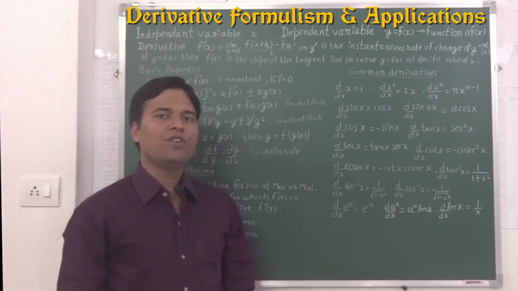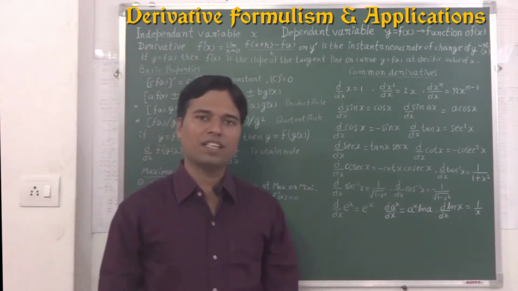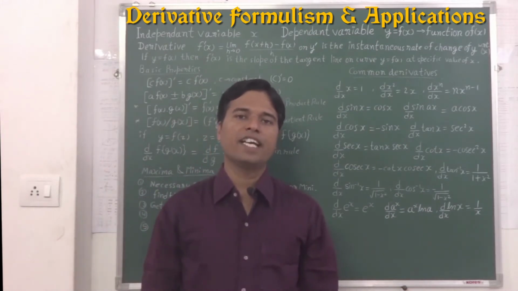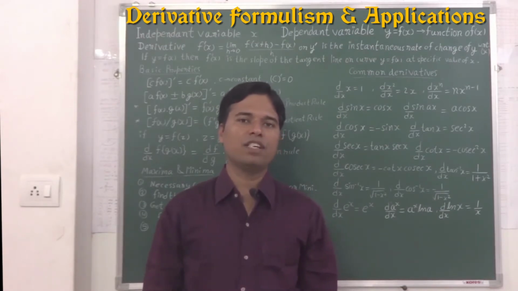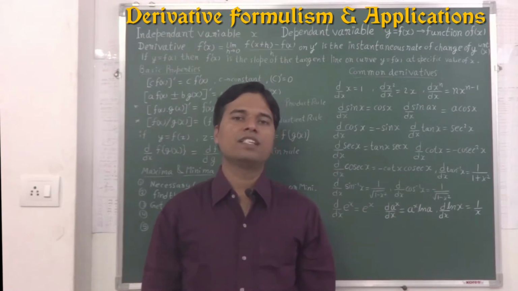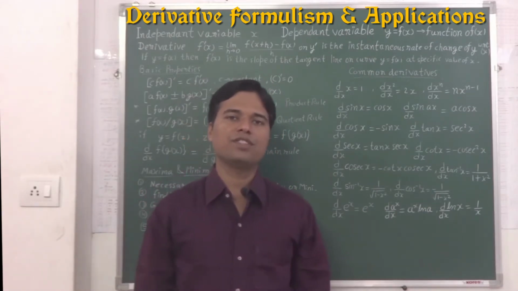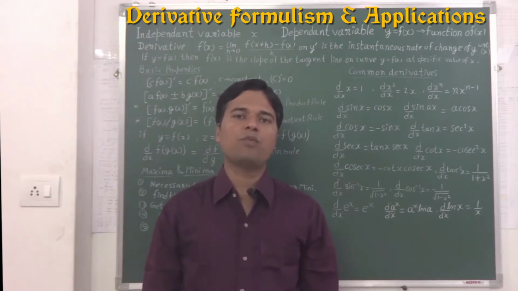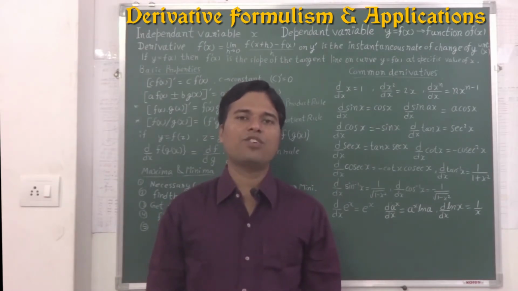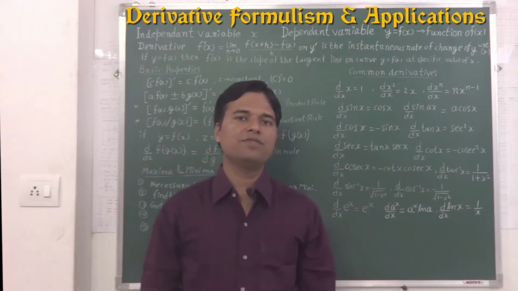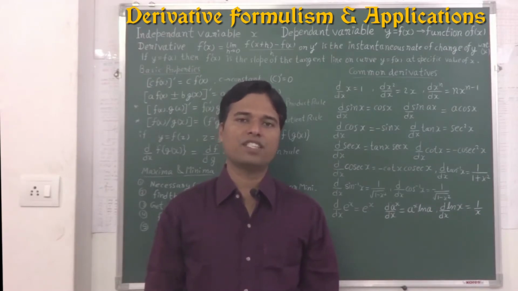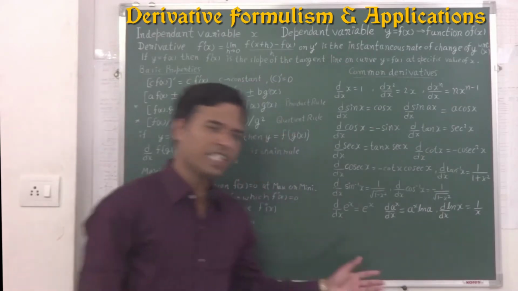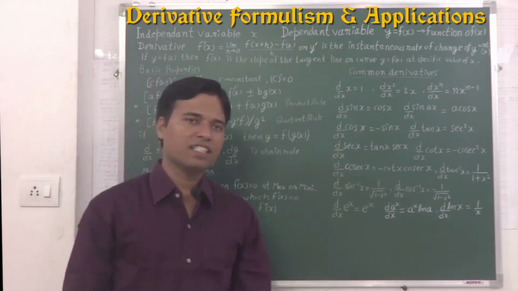In this video, we are now learning about the calculus method, which is very important in physics. We are learning the first part of calculus, which is the derivative. The derivative is used for finding the slope of the tangent at any point of a curve. Also, the derivative gives the instantaneous rate of change in the function with respect to the independent variable x. Dear students, let's start this lesson.